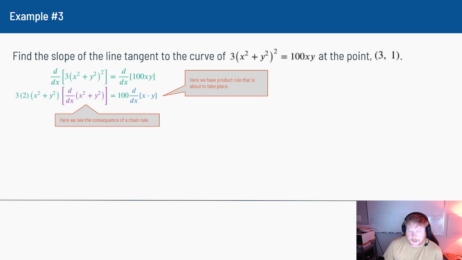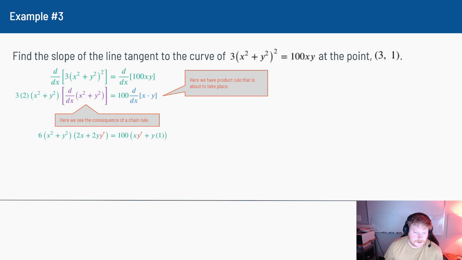And then on the right side, I'm just making a note here that x times y gets treated as a product rule. It's x times y. So there's a product there. So the product rule has to come into play. Okay. So with the purple part,